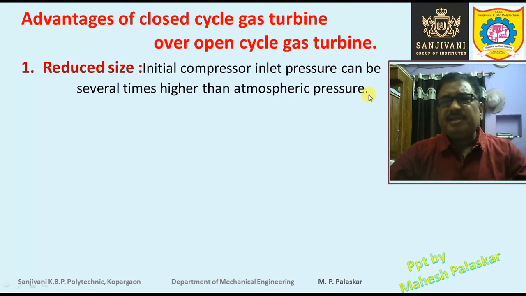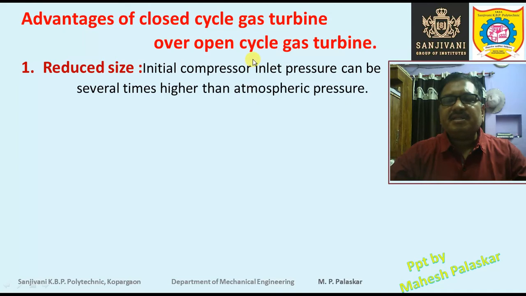The inlet pressure of the working substance, inlet to the compressor or inlet to the system itself, we can say, can be higher, right? And since the pressure is high, the density of the working substance will be high, so the required quantity of working substance will require less volume, because its density is high, or you can say pressure is high. So when pressure is increased, the volume is reduced for the same mass